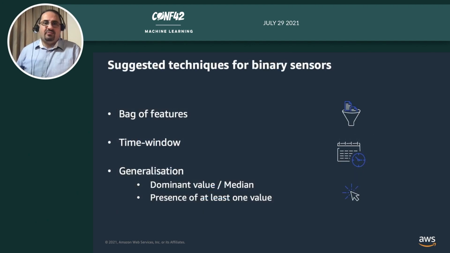Let's see. Specifically for binary sensors, what I'm suggesting here are these techniques in this slide and upcoming slides. First, is a way to cut up the observations into a series of time windows, where inside each window you ignore the temporal parts of your sensor data. This technique can include same or different types of sensors in one bag, and hence its name as in bag